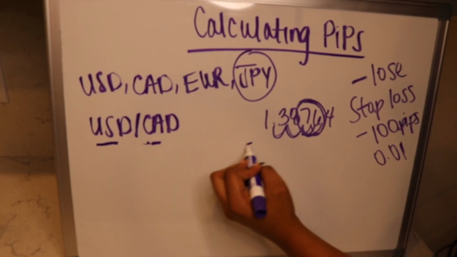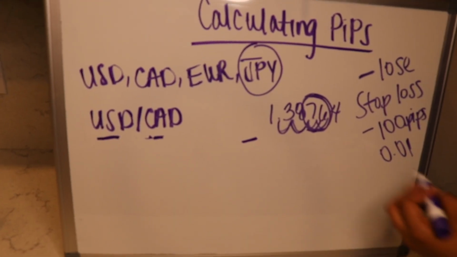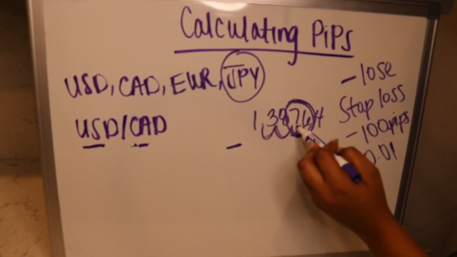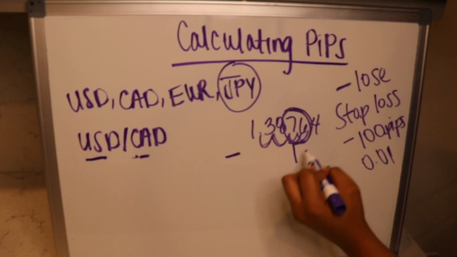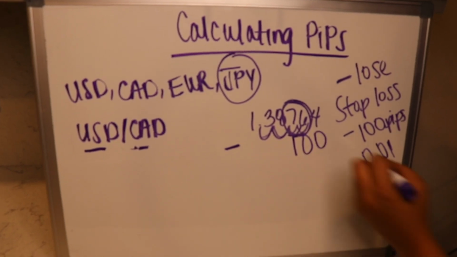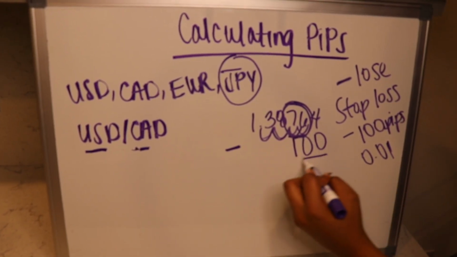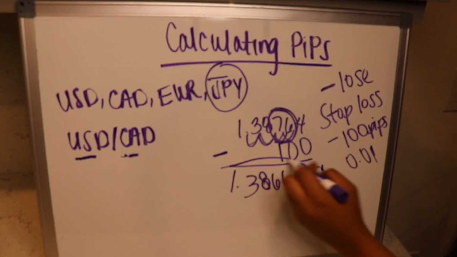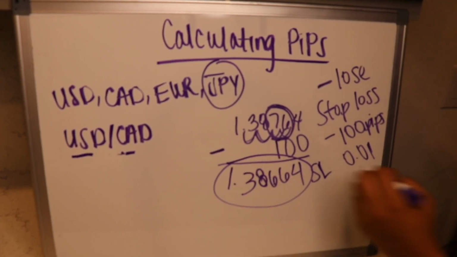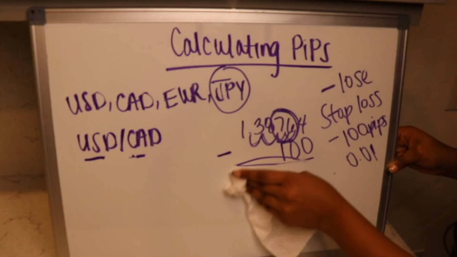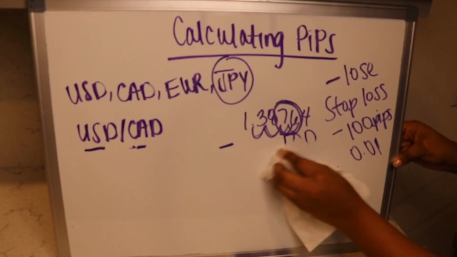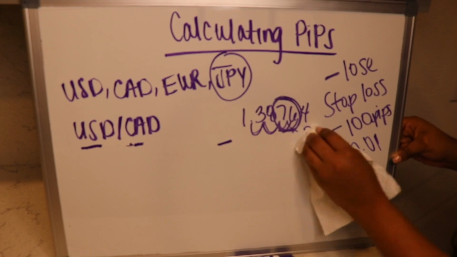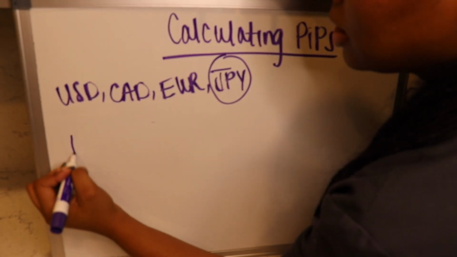What you're going to do is subtract this. You're still going to work with your third and your fourth number. You're going to put 1, 0, 0, just like this. This is your stop loss of 100 pips. That would have been vice versa if you were looking for a sale opportunity and you wanted to take profit. It's the same thing. This is going to be USD